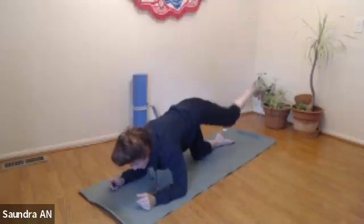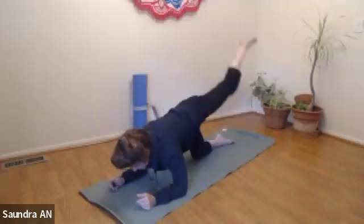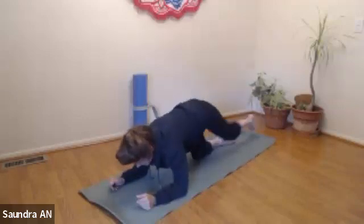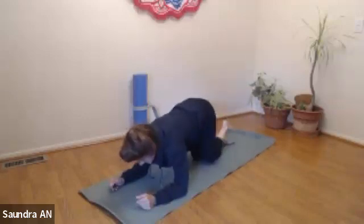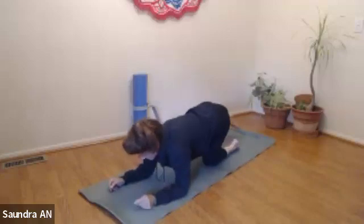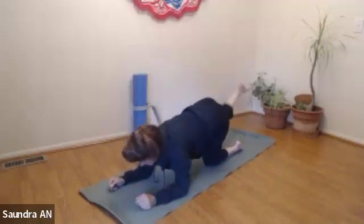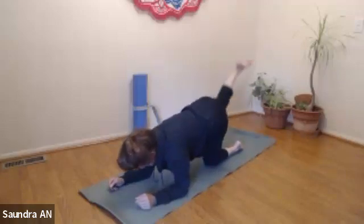We'll do that one more time, and then we'll switch legs. And go ahead and shake it out. And then begin to do the exercise on the other side. So inhale, reach that left leg up. Exhale, curl it